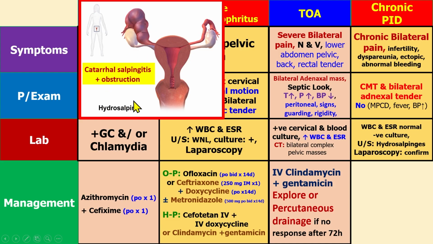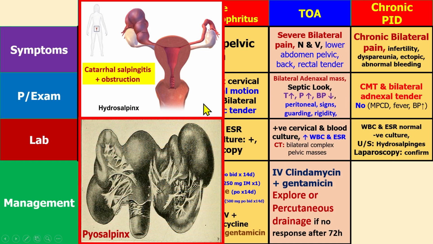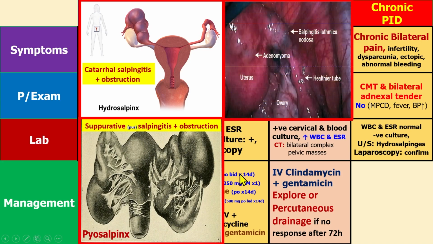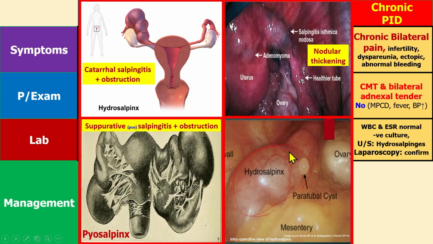So this is hydrosalpinx. The other chronic PID condition is pyosalpinx, meaning pyo is pus, and there is purulent salpingitis plus obstruction. So this is known as pyosalpinx. The other condition is salpingitis isthmica nodosa, where you see nodular thickening. Okay, so this is also a chronic type of PID, and here you also see hydrosalpinx, where you